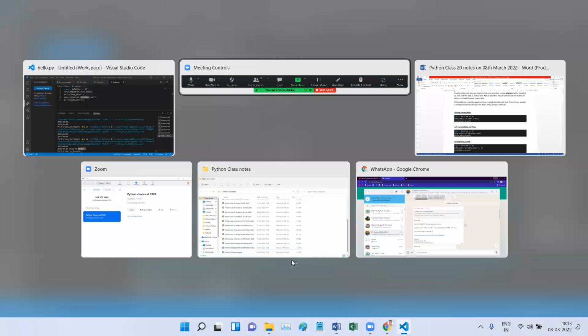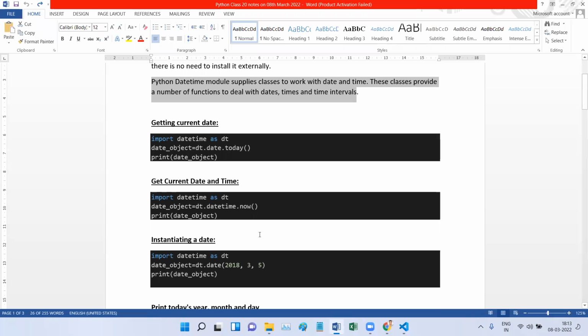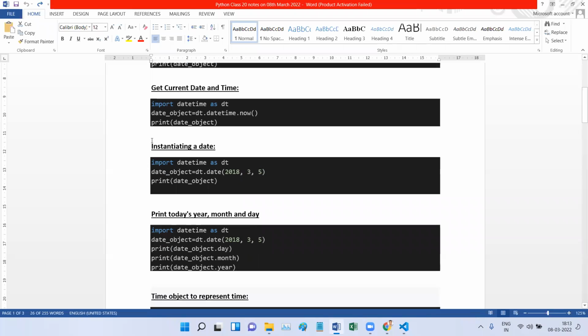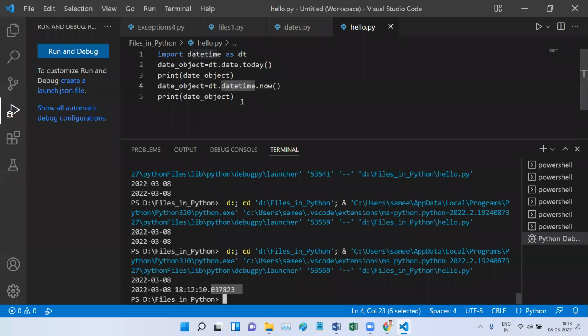Okay, so let us go further in this. The next topic we will be showing is that we have to instantiate a date. When you are instantiating a date, say that you will not always need the current date and current time. You might want to save some other date, right? So when you want to save some other date, you have to instantiate. What is instantiating? Giving some other value or giving some initial value to a date, that is called instantiating a date.